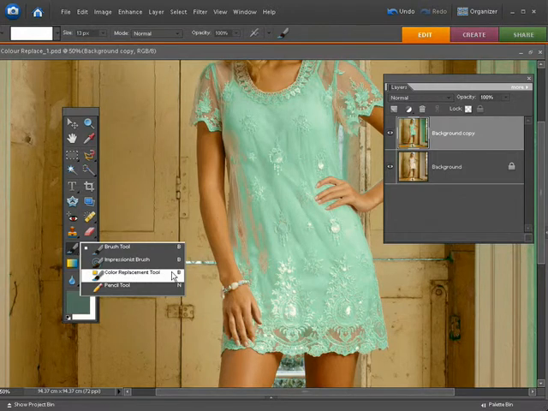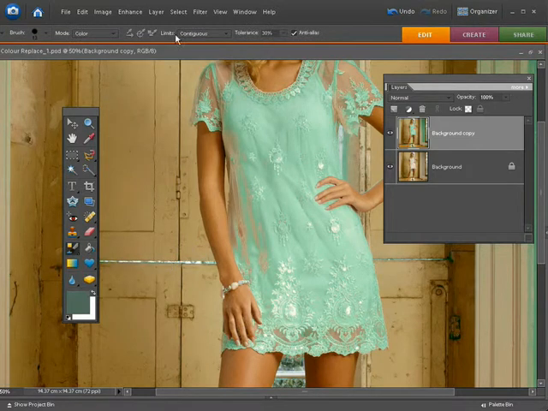So that's very similar to the command we've just used, but this is a brush based tool. If you select that, set it to sample once, just so that it samples the pixels we click on initially and it doesn't keep changing once it gets over the skin or the background, and leave limits set to contiguous, and a tolerance of 30 is a little bit too strong. Let's take that down to about 19 or 20 so that it doesn't spread too far out of the initial